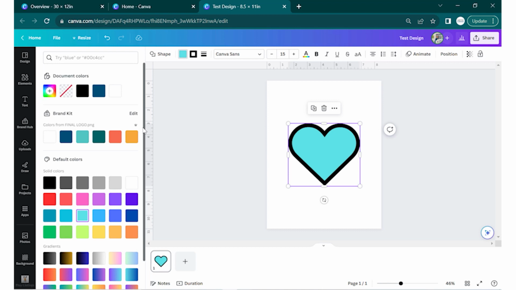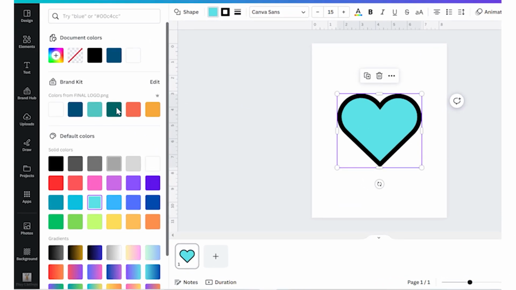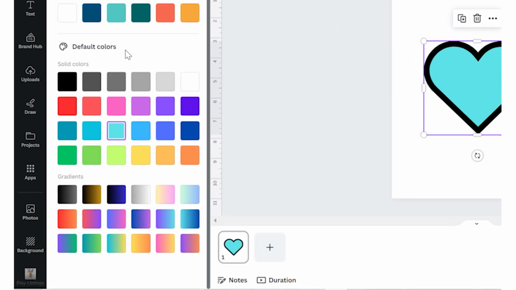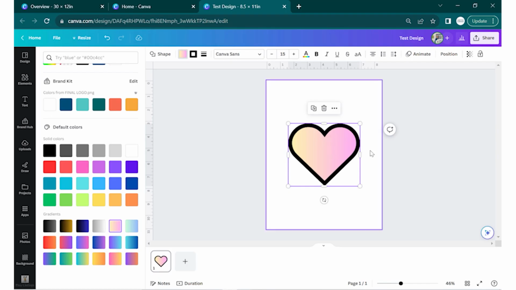Not only that, but you can also add a gradient fill to your shape, and you can do that by scrolling down in the same color panel that we are in. You can see that there are some gradients that are already made and set up by Canva. Once you click on one, it'll get added to your shape, and now you can still edit the gradient fill